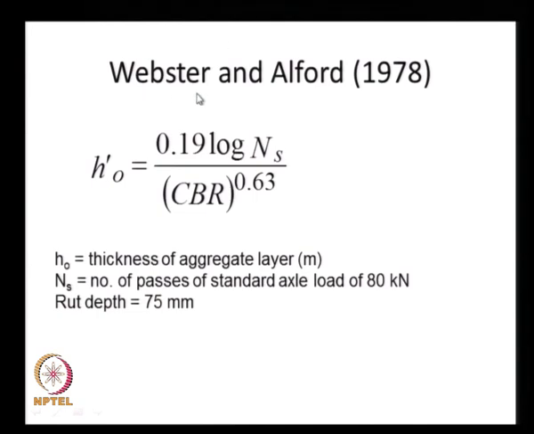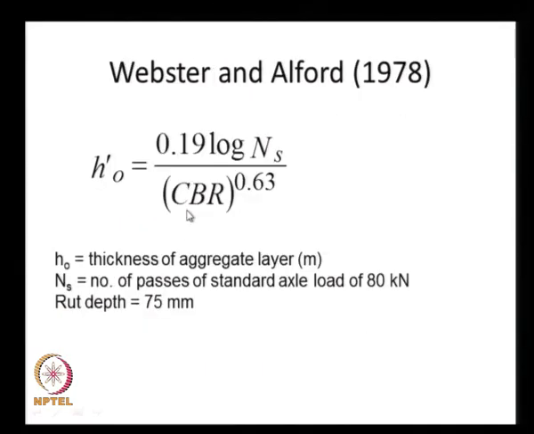Actually this is also from the same group, the US Army Corps of Engineers group, who said that H naught prime is 0.19 log Ns divided by CBR to the power 0.63, where Ns is the number of passes of the standard axle load of 80 kilonewtons, and this particular relation is given for a rut depth of 75 millimeters. H naught is the thickness of the aggregate layer in meters,